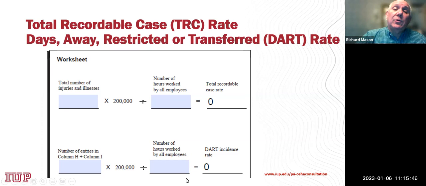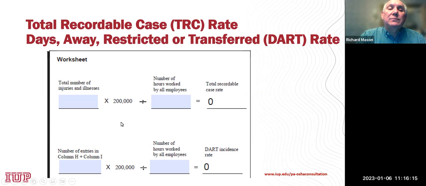So to develop your rate, you just take your total number, you divide it by 200,000. I mentioned that this is per 100 employees. So the 200,000 comes from 40-hour work weeks, 50 weeks a year. That's 2,000 hours per employee. And this is per 100 employees. So you multiply the 2,000 by 100, and you get 200,000 hours. So this is 100 standard employee